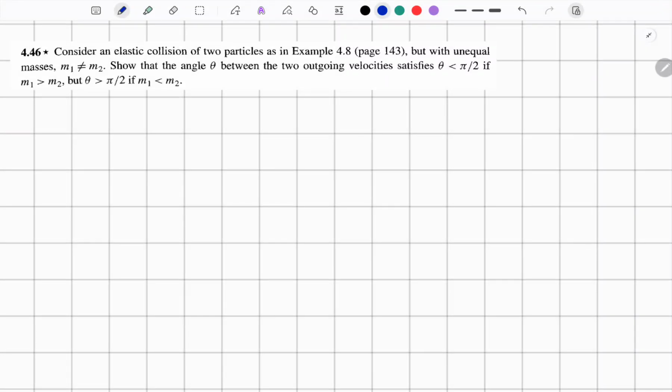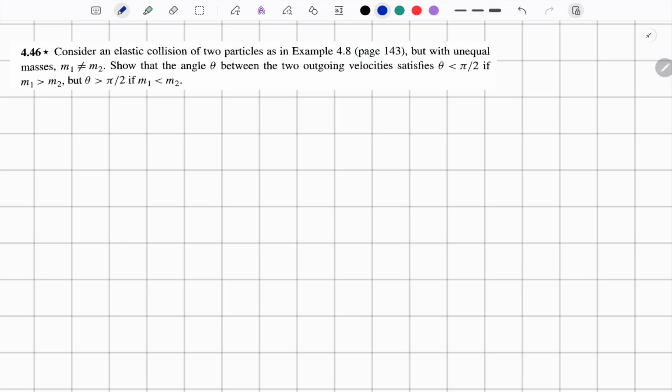We're going to work through problem 4.46 from chapter 4 of Taylor's Classical Mechanics. This is a problem on the energy of interaction of two particles. This is an elastic collision of two particles. As in example 4.8, m1 has an initial velocity and it's going to interact with mass